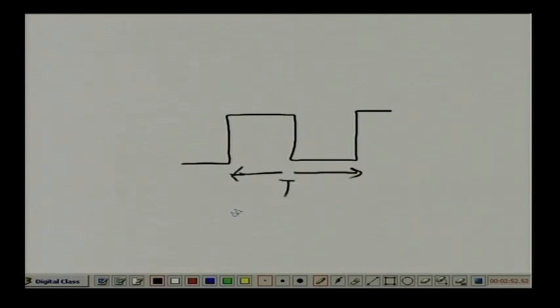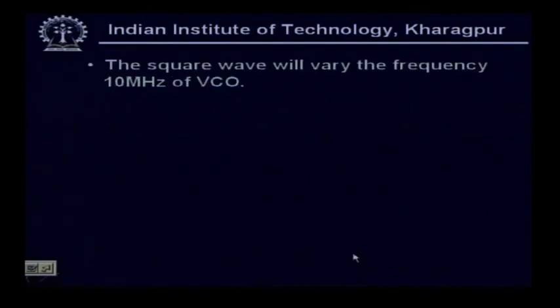If I take this signal, this is T, so F equal to 1 by T equal to 5 kilohertz, right. Now, if I go back, the square wave will vary the frequency of 10 megahertz of the VCO, right,